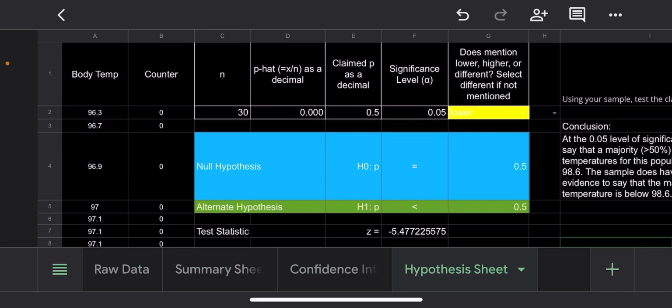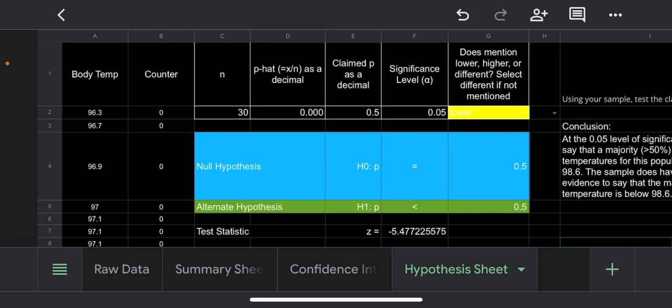The n is 30, our p-hat is 0 because 0 divided by 30 is nothing, and the claim p as a decimal is 0.5, and the significance level is 0.05. And it does mention higher, my bad. And then the null hypothesis is p equals 0.5, and the alternative hypothesis, H1, p is